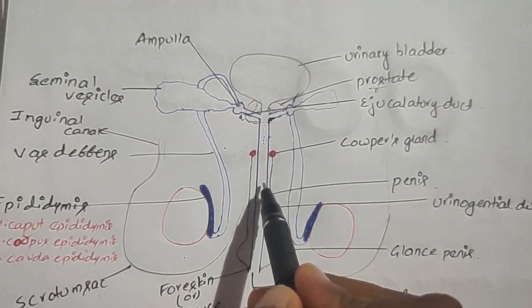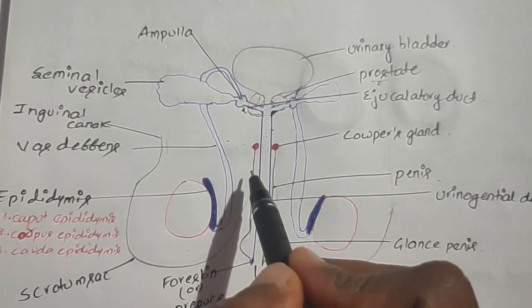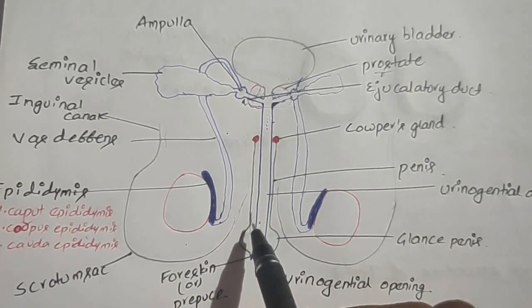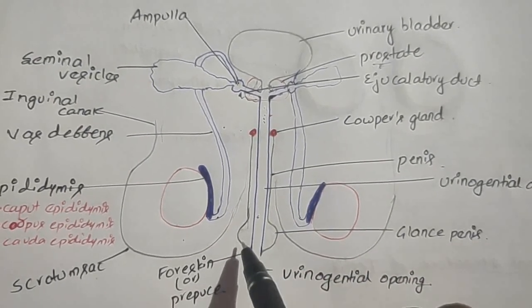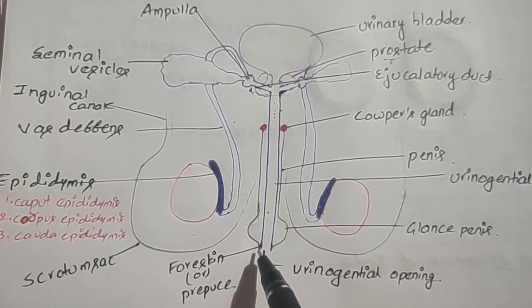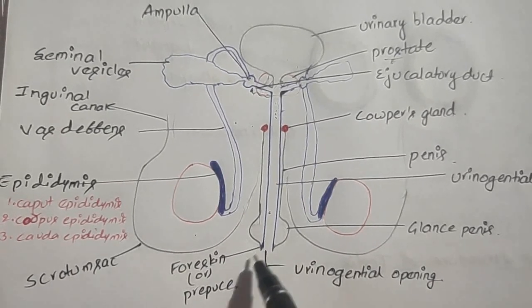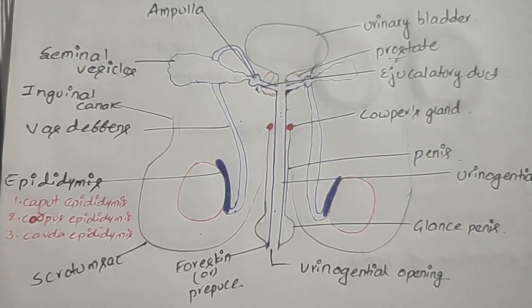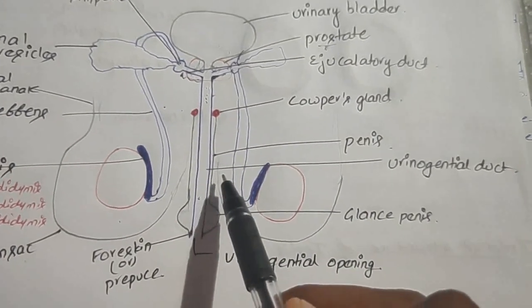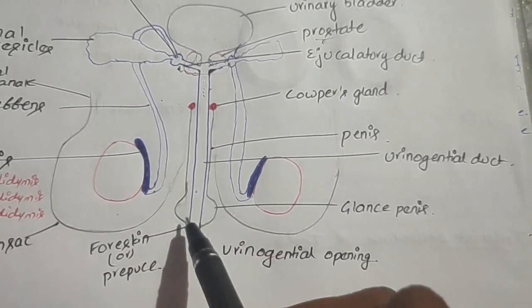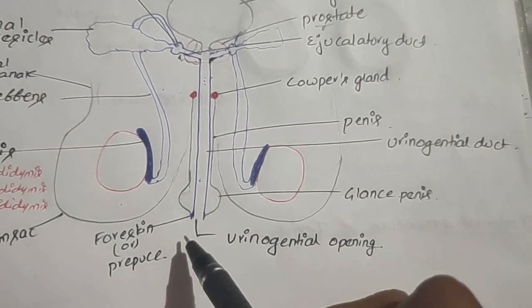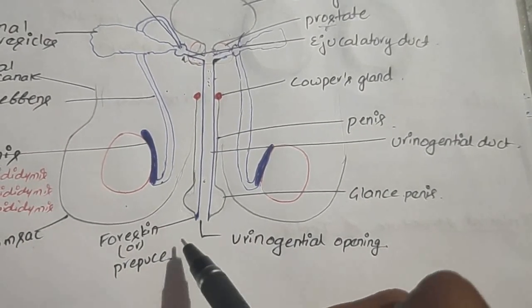This urogenital duct passes through a large vascular structure known as the penis. This is the penis, and at the end of this vascular structure is the swelling region known as the glans penis, and below this glans penis is a loose skin or folding known as the foreskin or prepuce. Inside this penis is the urogenital duct. That means this urogenital duct is covered by the penis, and towards the end it is a swollen region known as the glans penis, and below it is the foreskin or prepuce, which is the loose skin,